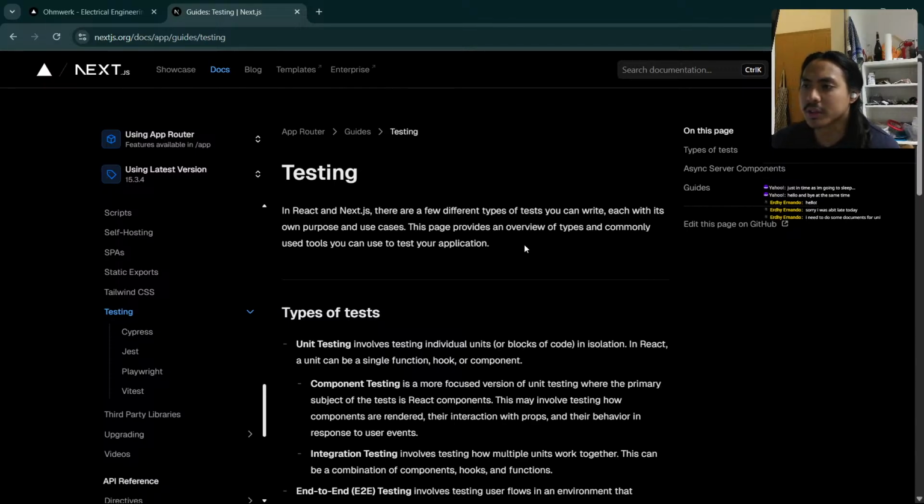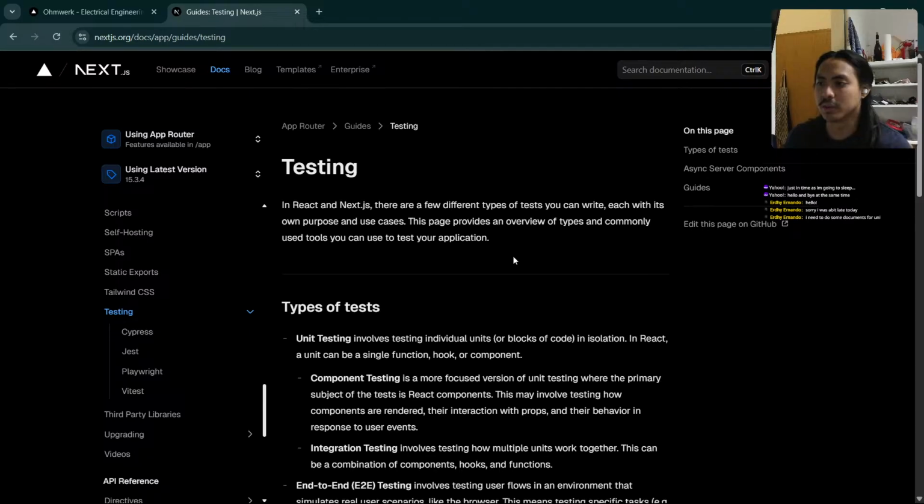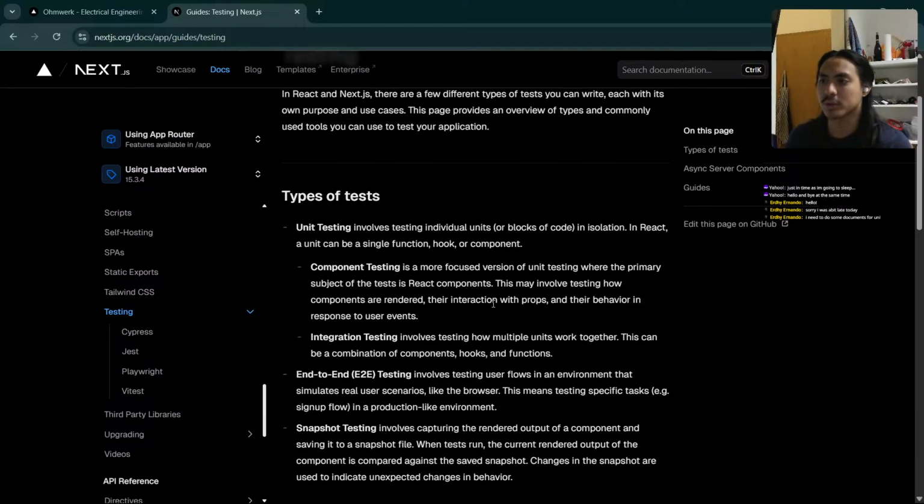React and Next.js, there are a few different types of tests you can write, each with its own purpose and use cases. This page provides an overview of type and commonly used tools you can use to test your application. Unit tests involves testing individual units or blocks of code in isolation. In React, a unit can be a single function, hook, or component. It's a more focused version where the primary